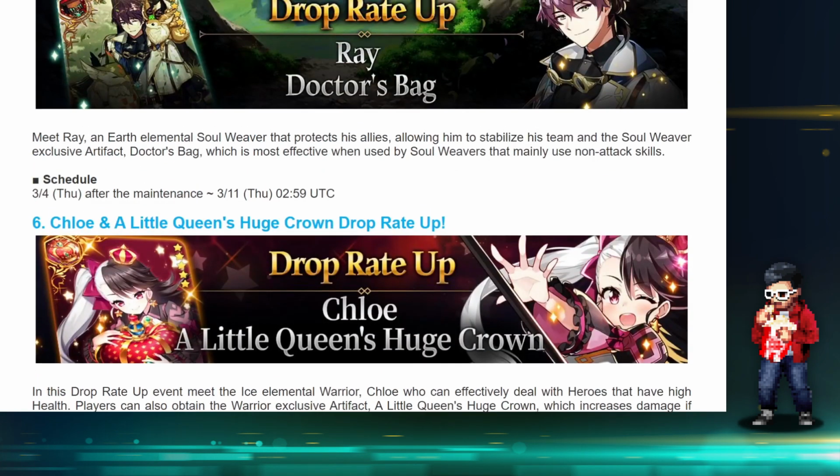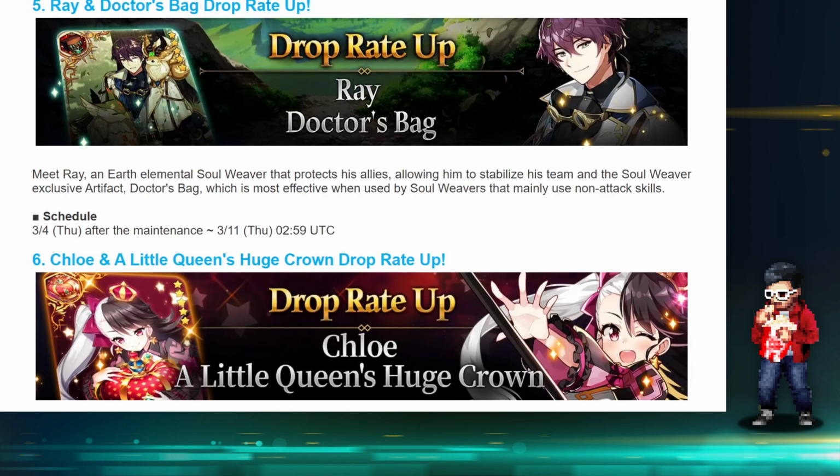We have a confirmation of the Guilty Gear, but then a new collab with a new famous IP. I'm saying that with air quotes, famous IP in June. So this spring summer is gonna be expensive with the potential of these RGB heroes coming out, which I gotta